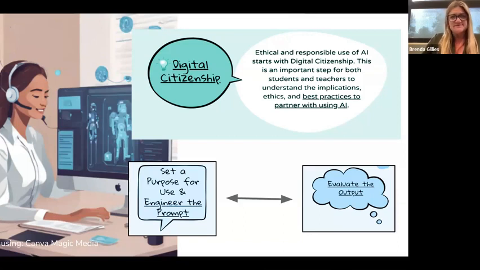Remember too, it's not a Google search. It's not going to necessarily give you exactly what you want if you input 3 words into it. So you can see by our graphic down here at the bottom, really setting a purpose for your use and engineering the prompt is going to give you output that more closely resembles exactly what it is that you're after. Looking at our graphic again, that arrow goes both ways. So this can really be an iterative process. Like, I'm going to try this, I'm going to see what I get, and then maybe I need to do some fine tuning on my prompt